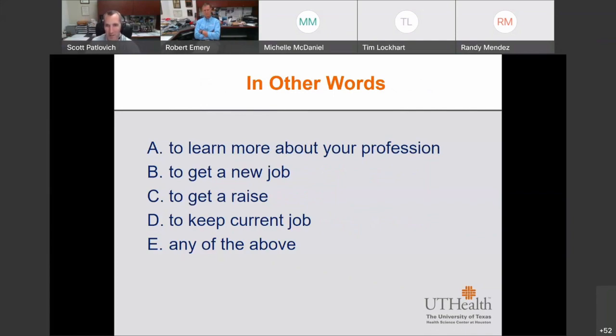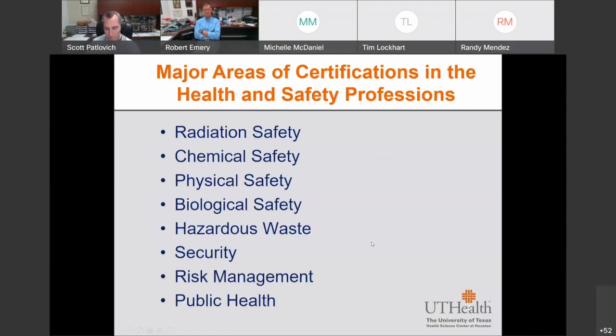Certainly all of us want to get a raise, so there may be monetary incentives from your employer if you get a professional certification. Or maybe you need to keep your current job, to keep pace with the competition within your colleague base, or within the job position that you might be in, or any combination of the above.